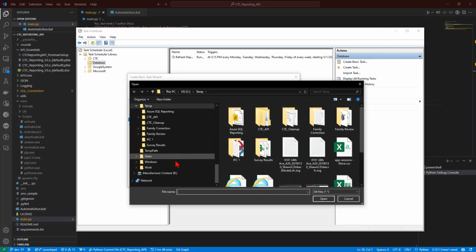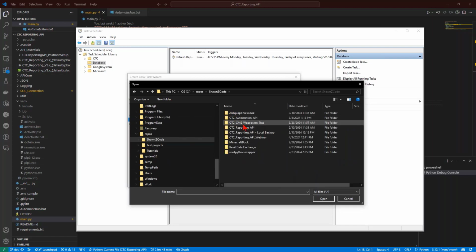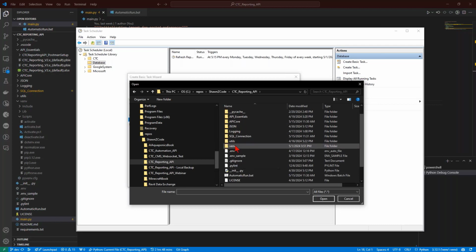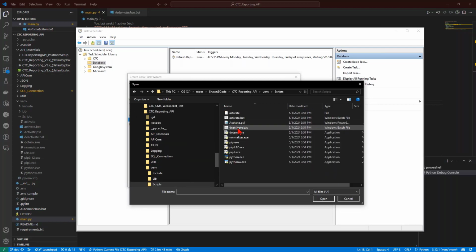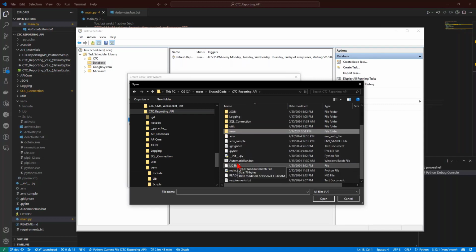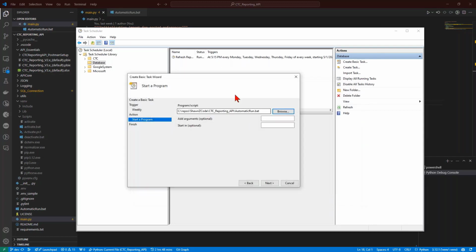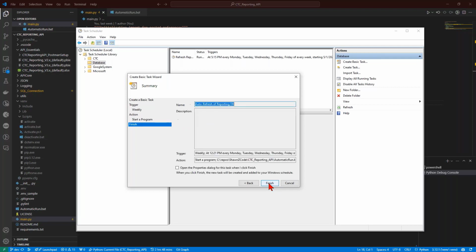So if I go browse here and I say, hey, go get me my repos, my code, my reporting API here for the webinar, I go grab the virtual environment, the scripts, and not the scripts, that's wrong. It was automatic run.bat. So I just gave it that .bat file that I have in that environment. And if there's extra arguments I need, I can do that. I could do some things where I force it to run as admin. There's a lot of things that you could do with this task scheduler, but ultimately, when I click finish, it'll